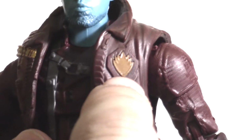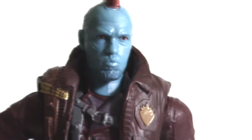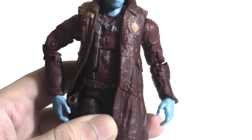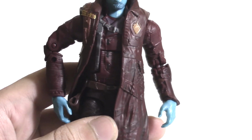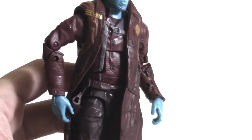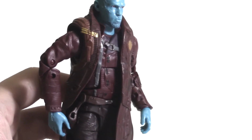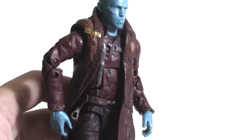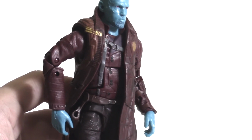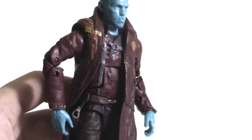He's got his new Guardians of the Galaxy little badge here on. And the detailing on his chest and coat is good. It's just kind of intrusive on the articulation. Like, I wish they had both sides of the coat bending back. I get the cinematic effect that they want to get with the little arrow thing coming out. Like, he's quick drawing it. But the little arrow thing doesn't work. So the jacket in combination with the arrow, it's just two components now that are messed up on the